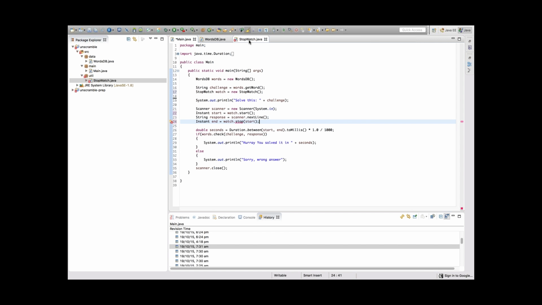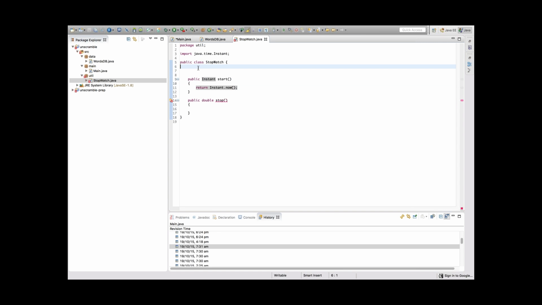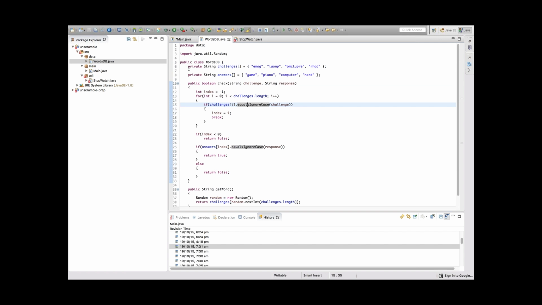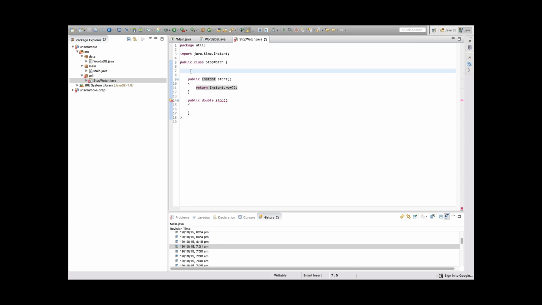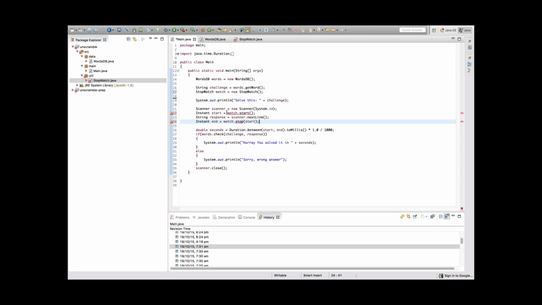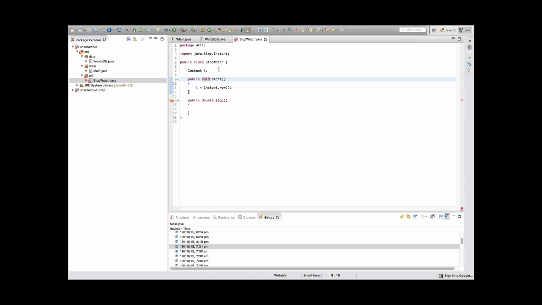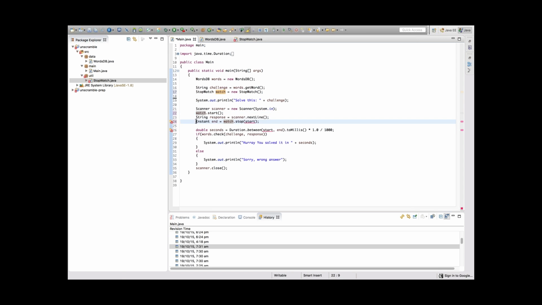But the advantage of this class is we can create a variable at the class level, just like how we did for the words DB. So you can simply store that instant. Let's create instant i. Instead of returning it, let's store it and not return anything. That way the user will not have to worry about managing the time variables and starts and stops. So we will not create this instance at all. We will let him use watch.start, which will start the time and store that instance in i. And when we call this stop method, whatever we have written over here